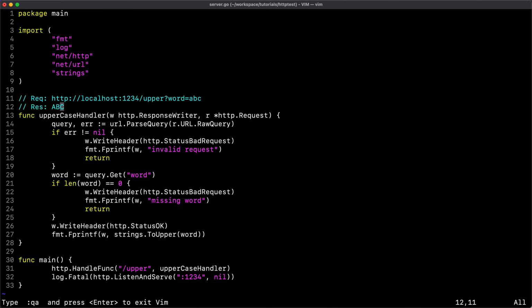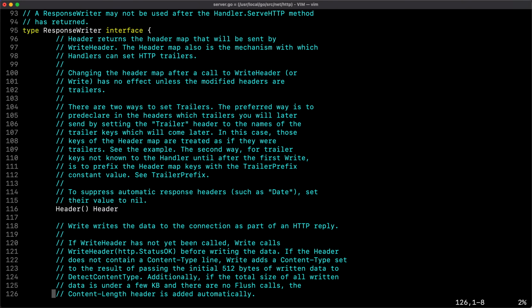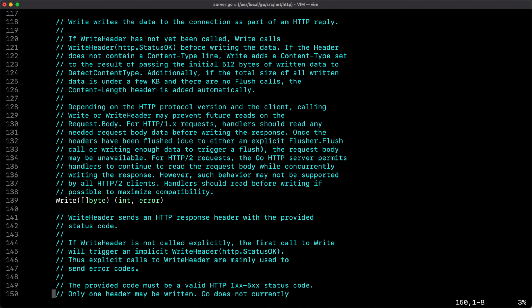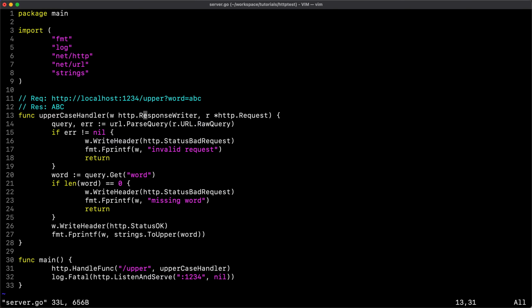It's just a type, an exported type, so you can just do http.Request with curly brackets and initialize the request as you wish. But there is a helper method that we can use to create a request on the go, using the httptest package. And then the ResponseWriter, which is a little bit trickier, because if you check the documentation, it is an interface, which means it has a set of methods that you have to implement. It's going to be quite costly to implement those just to test your handler.